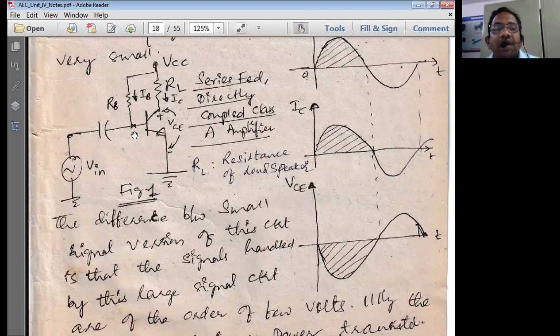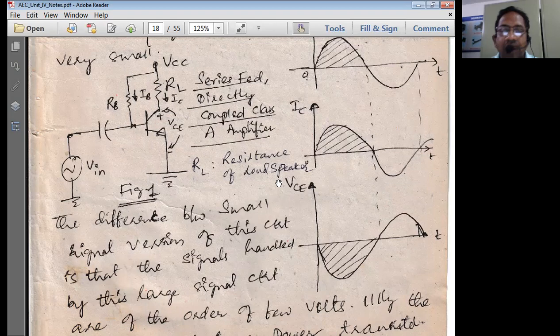And the drive current to this transistor is coming from VCC, RB, base to emitter and ground. That means this is how the drive current is flowing. From VCC, the current comes through RB to the base, then ground, and once again from ground to VCC. So this way there is a closed loop path. The current is going to go through this particular closed loop path. Thereby, because of this IB, this transistor gets its base drive.